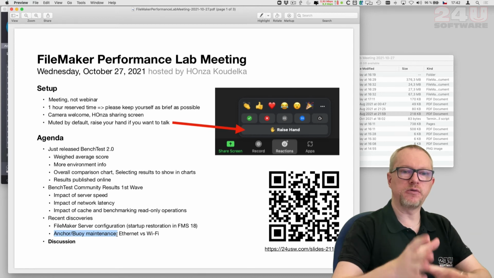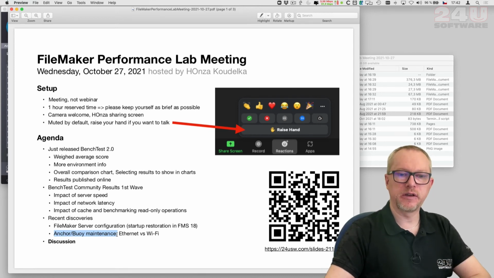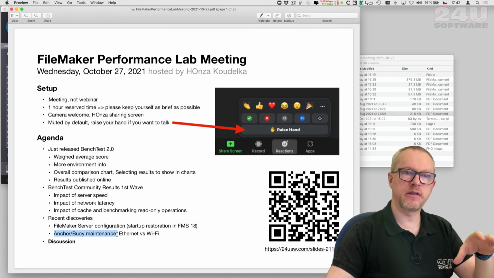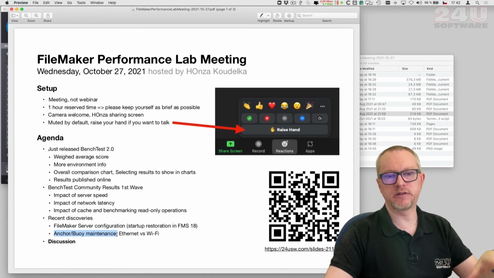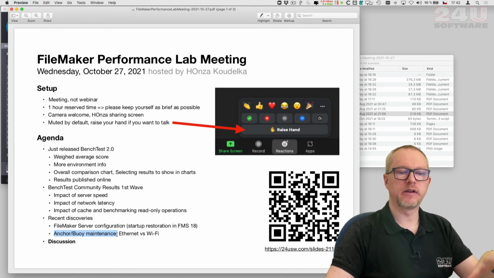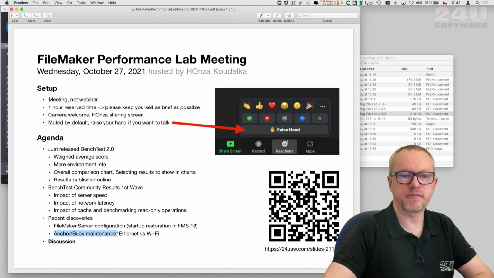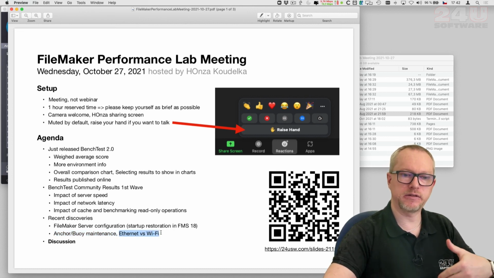If you create a new layout that serves a new purpose, and instead of reusing the same table occurrence group, you create a new one and keep the maximum number of table occurrences in a single group at low values, that's the kind of maintenance for the structure you want to keep, because that will keep the performance at a similar level even as your solution grows.